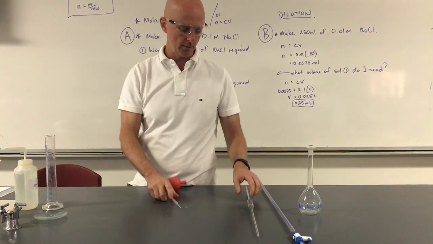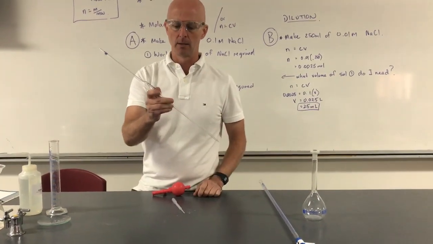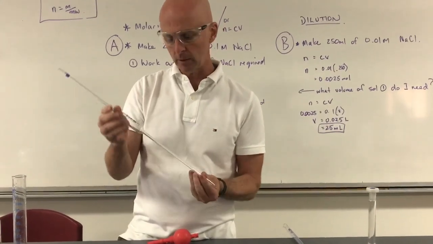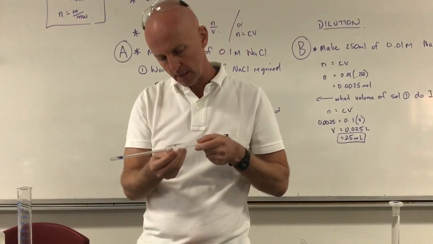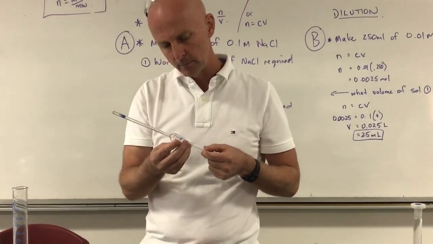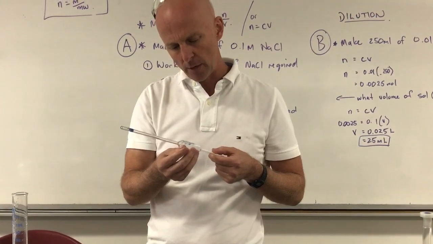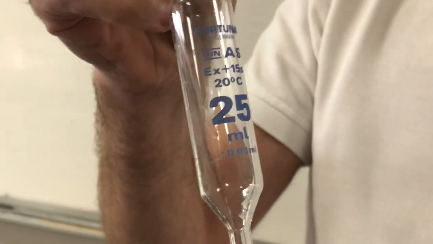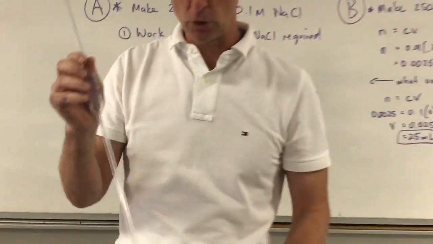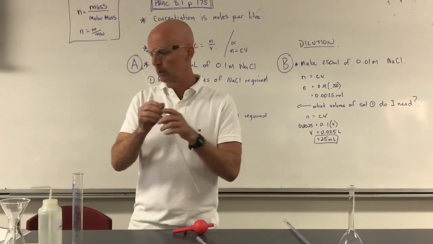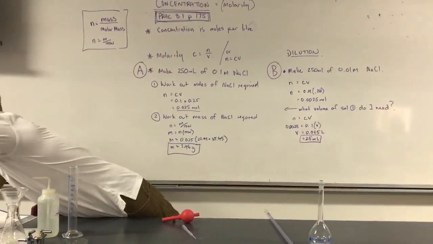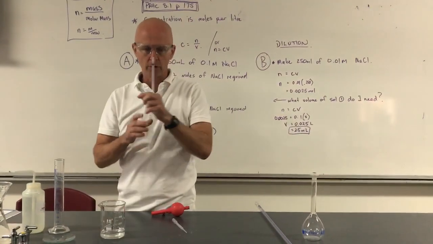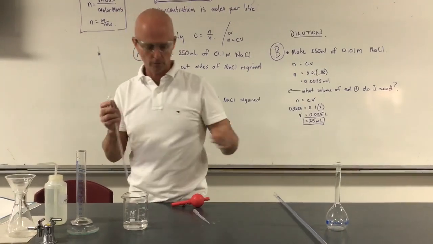What you may not have seen is some of these other things. This is called a bulb pipette. This is a very accurate bit of equipment. This is accurate to, it's a bit hard for me to see that there now, plus or minus 0.05 of a mil, okay? So this is a 25 mil bulb pipette, and what this is used for is for transferring liquids. So if I was to just have a liquid in this beaker and I wanted to transfer 25 mils of that into this conical flask over here,